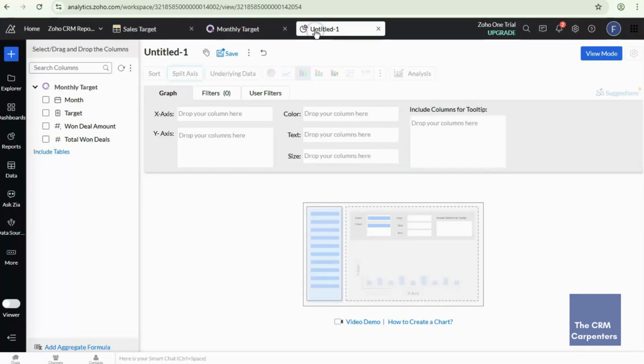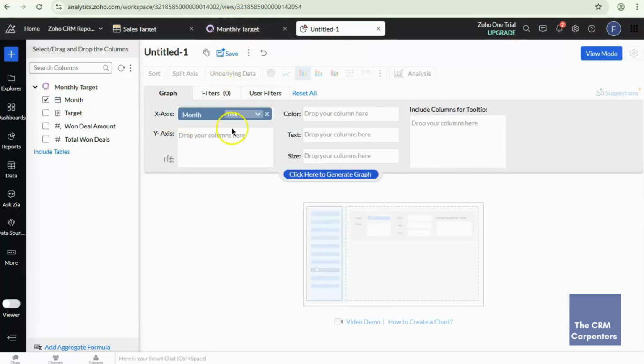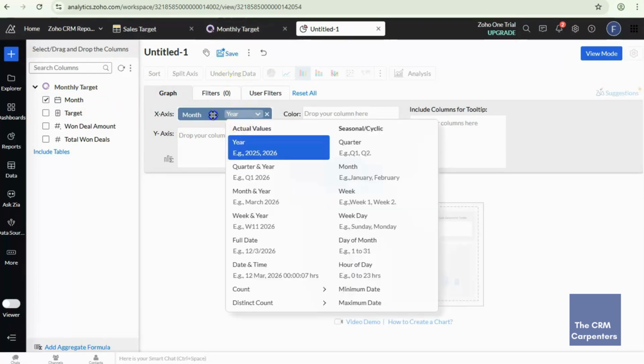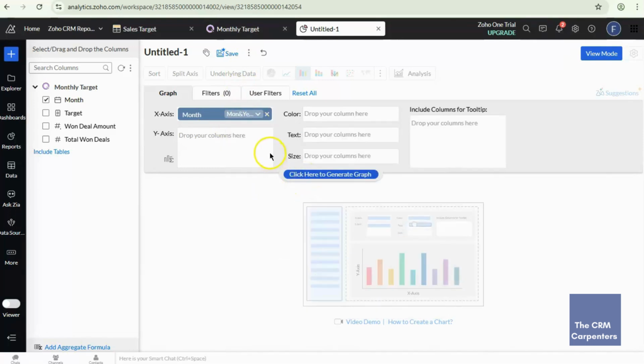And so when we're going to start creating the chart, the x-axis should be by month from the monthly target query table. So just select the month and year. And next is the target.